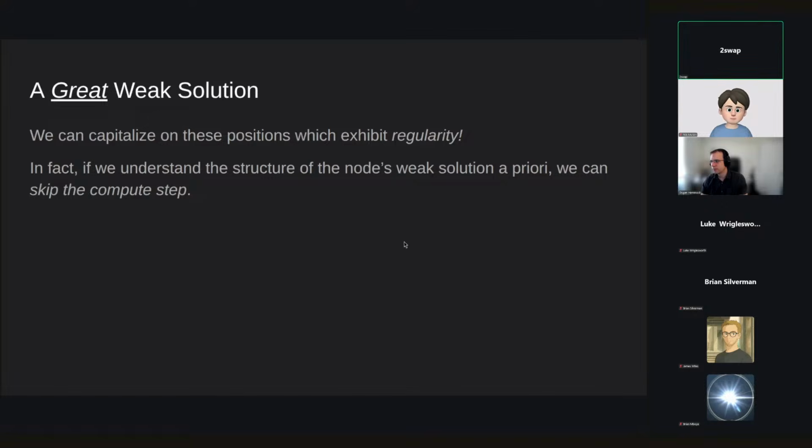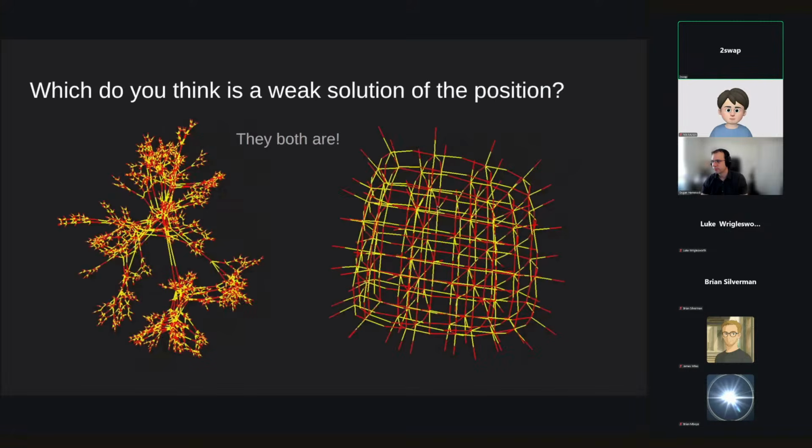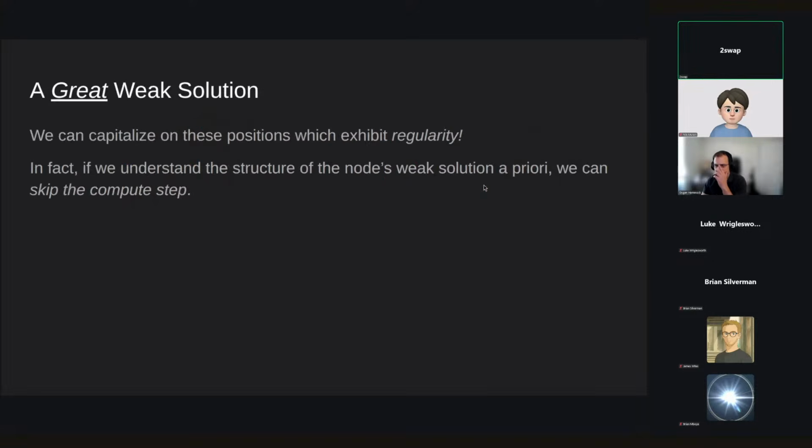And the idea here is that we can capitalize on precisely that property. If we can identify these regular weak solutions within the continuations of our Connect 4 positions, then we can basically skip the compute step, right? We can sort of have our cake and eat it too, where we memorize a small opening book, but then we don't have to do any compute after the fact. If we can somehow know a priori that this is a position that has a very simple program to